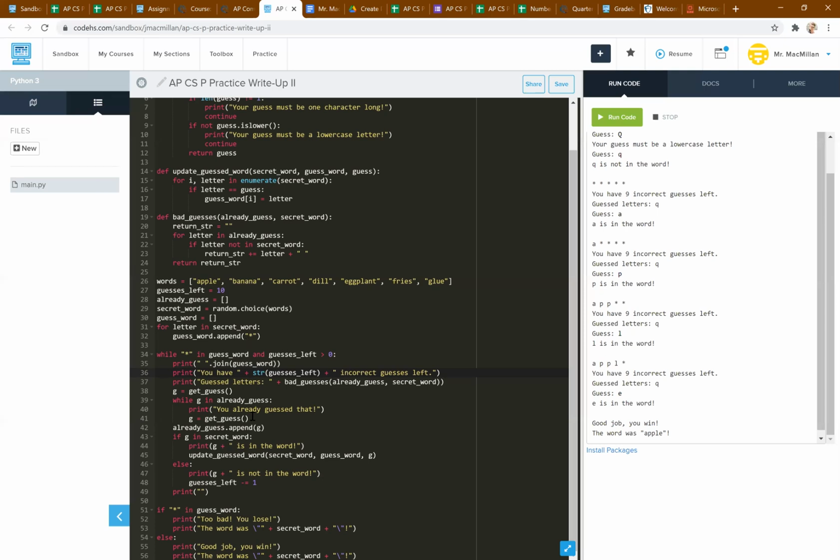and now we need to see where our guess word is being used. So let's look through. We are using our update guess word function. We're using that function to update the values in our guess word. So we're going to say that there, and let's say that we're using this function to update it. So let's snip that as well. I'm going to take a screenshot of my update guessed word